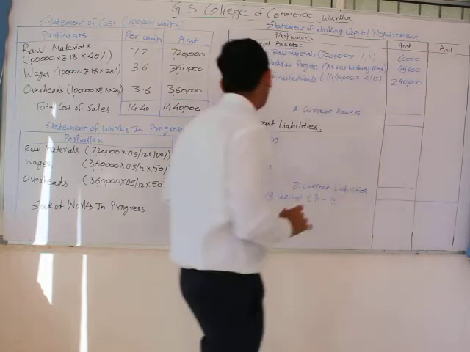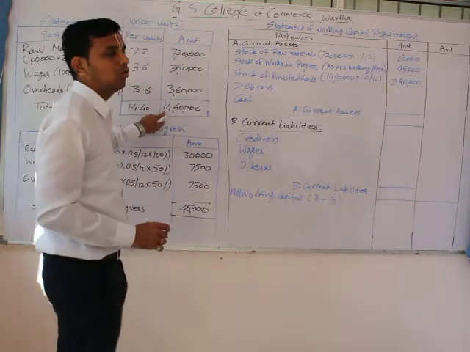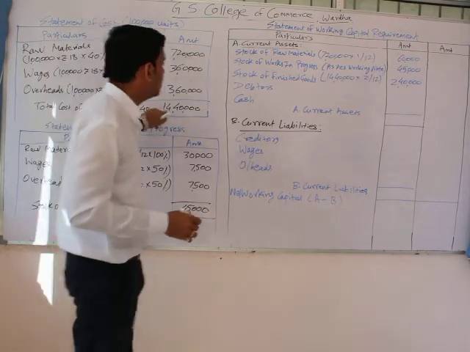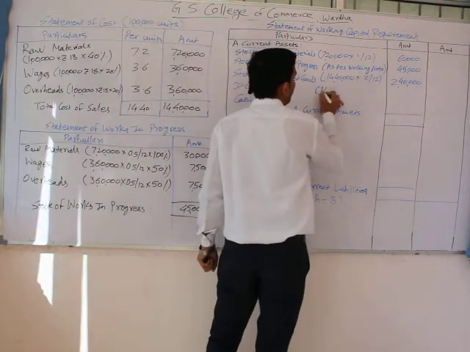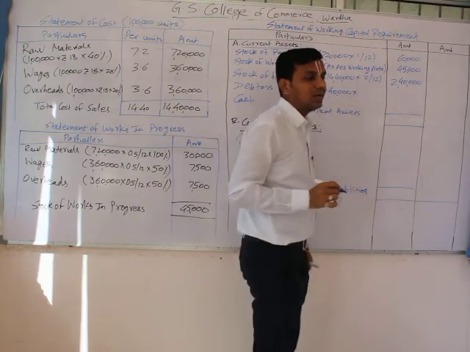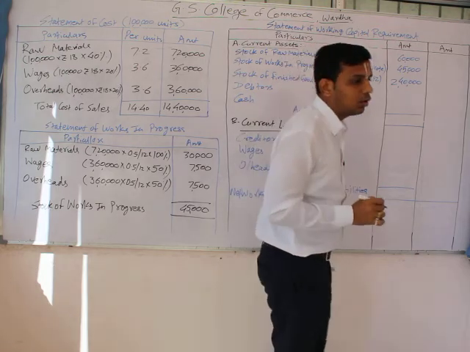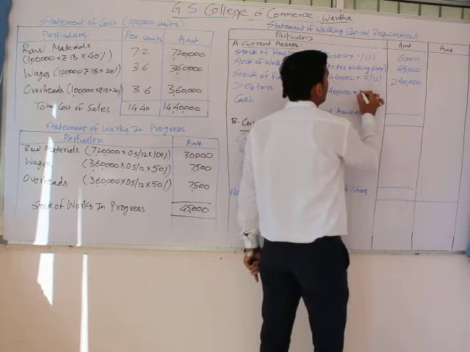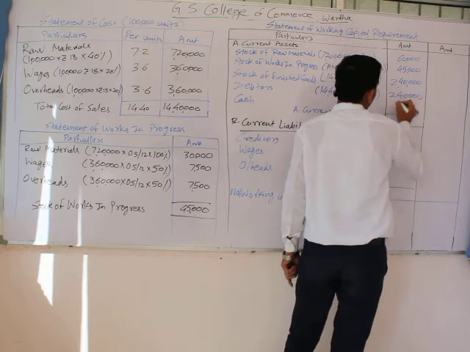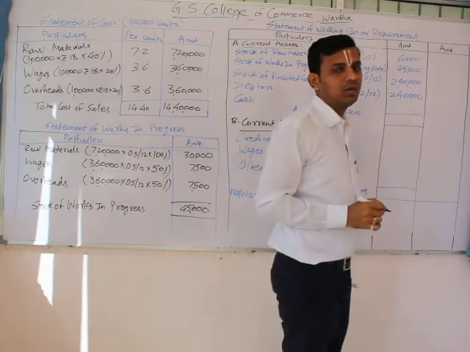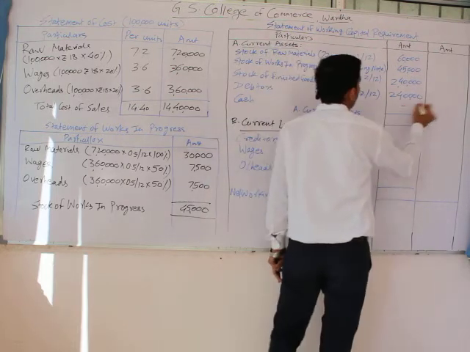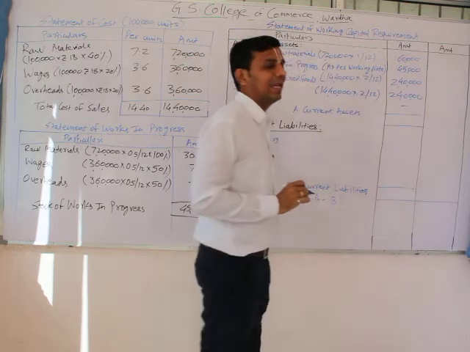Now for debtors, again we have to take the amount of credit sales, that is total cost of sales, as cash sale is not given in the question. The amount would be 14,40,000 multiplied by the credit period allowed to debtors of 2 months, therefore 2 divided by 12, again 2,40,000 would be our amount of debtors. With regard to cash, no information is given, hence it would be taken as nil.